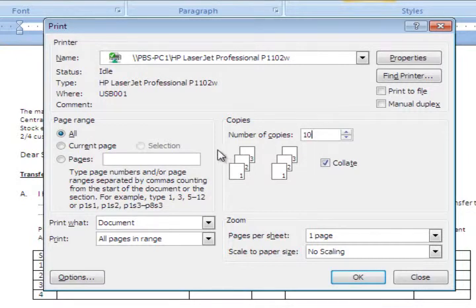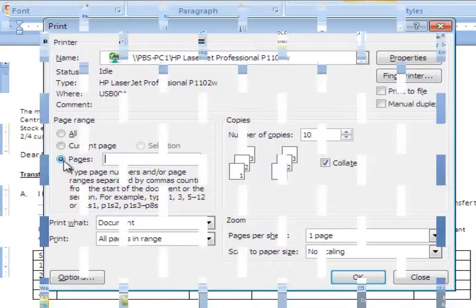So as page 1 is printing, it will print alongside with it, alongside 9 more copies to the first one, making it 10. Then if you don't want to print all, maybe current, this very page we are in now, you can click on current, then enter the number of copies you want to print on the current page. Then if it's pages by pages, maybe, for example,